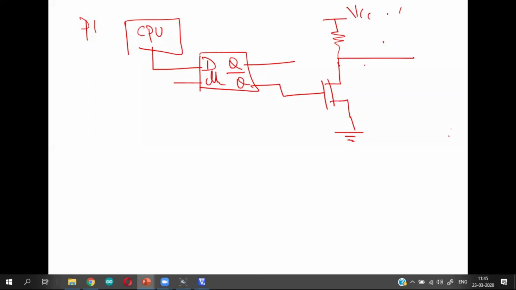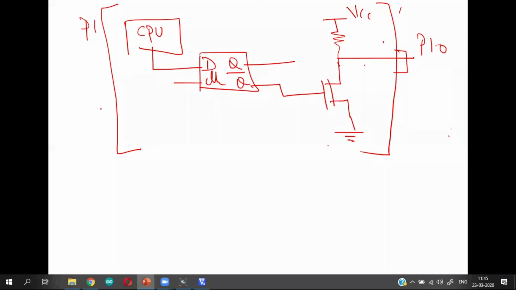This is going to the port pin. So this is your architecture, let us say for port 1.0. For port 1.1, you have another MOSFET. 1.2, another MOSFET. So you will have 8 such MOSFETs inside for one full port. I am talking for only one port. This is for port 1.